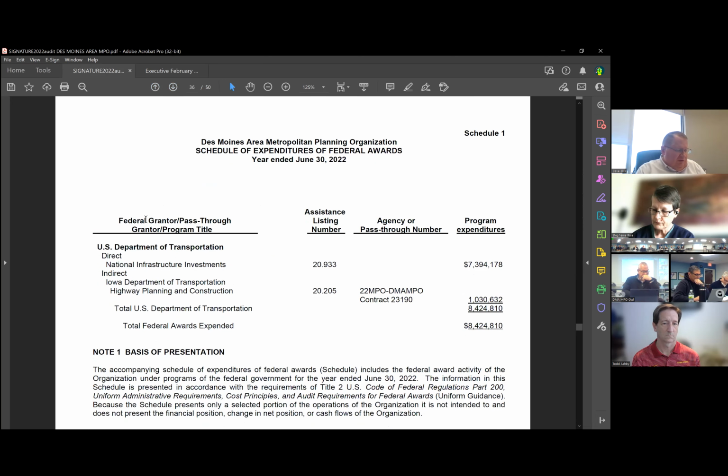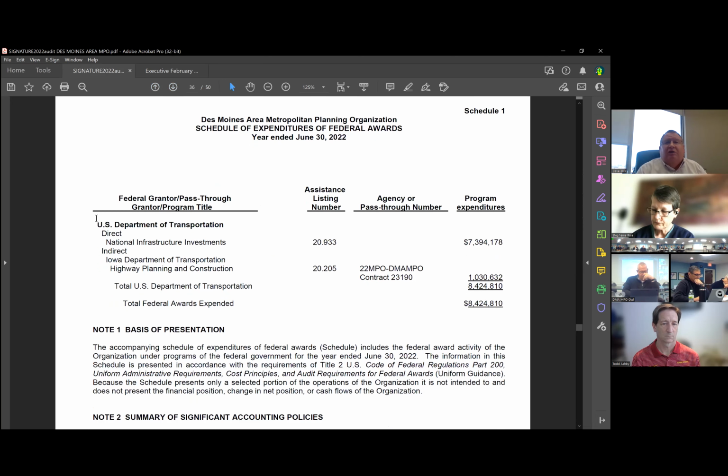7.4 was in the National Infrastructure Investments program. Then a little over $1 million in the Iowa Department of Transportation Highway Planning and Construction program. Both these programs qualified as major programs this year, so we did test both of those. And I'll go over my findings here in just a little bit. But going over to page 38,